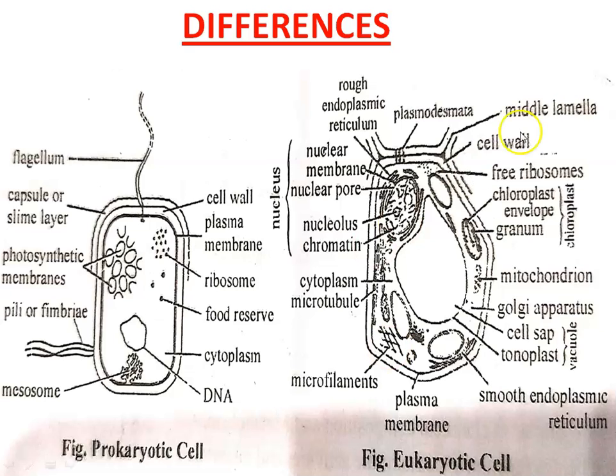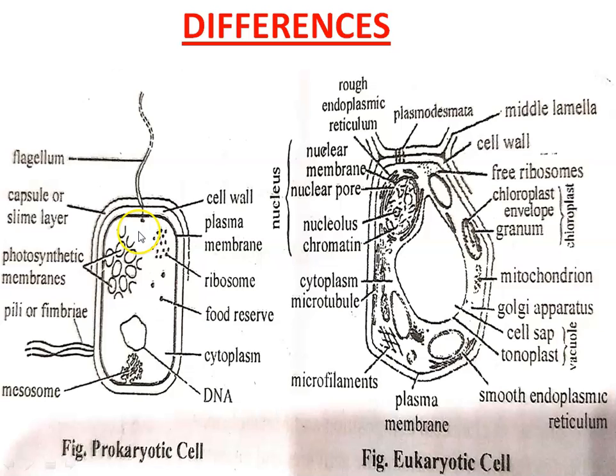So this is very basically what I have tried to explain. Anyway, I am going to do the eukaryotic cell in detail in my next video. For now, you need to understand the very basic differences. So what we have studied till now is that a prokaryotic cell has a cell wall, a plasma membrane,